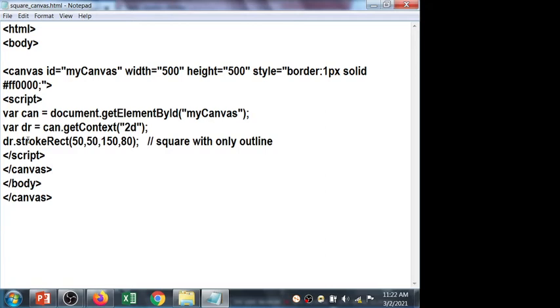Dynamic means the interaction between the user and the program. Whatever action is applied by the user, the program gives the result.